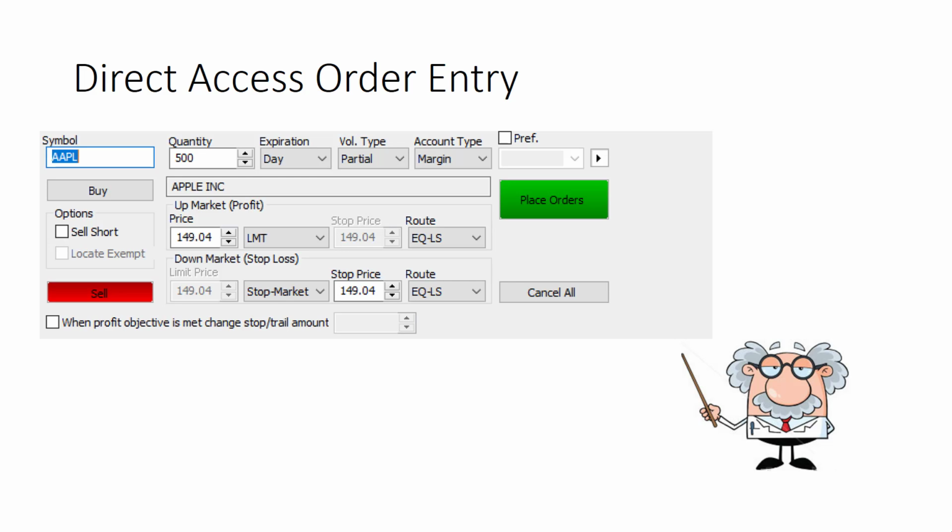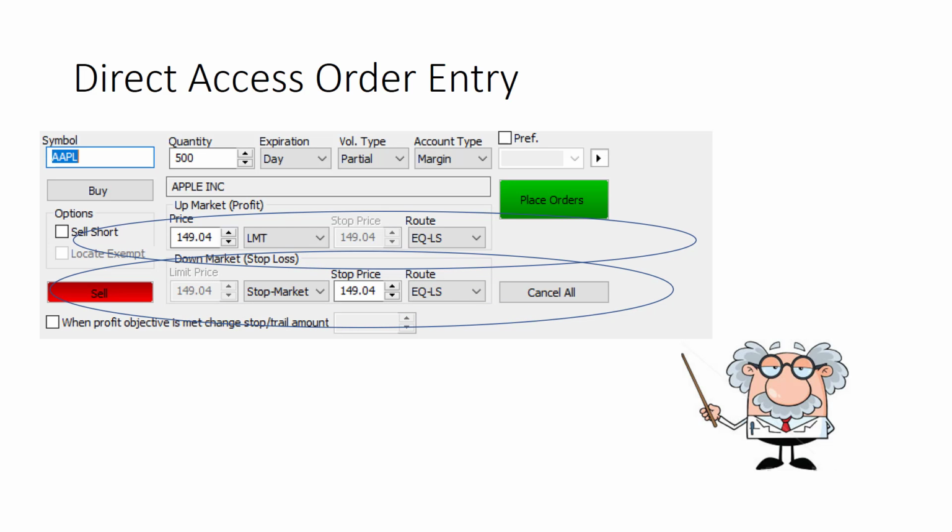Well, here in this OCO order, or order cancels order setup, what we can do is tell it to buy Apple, and we can change that upmarket profit area there. We can change this to, let's say 149.50. So if we made our anticipated profit target of 149.50, we're going to get out for a profit. And we can say if we hit a stop loss of whatever value, it could be 149, could be 148.50, it could be anything that your strategy dictates. It's going to get us out, though, at that stop price.